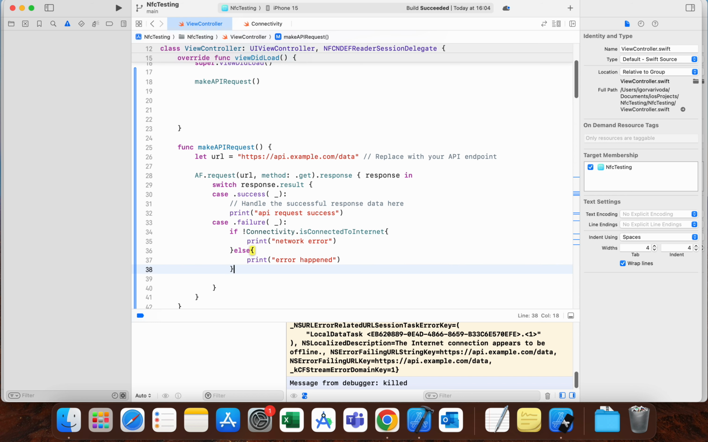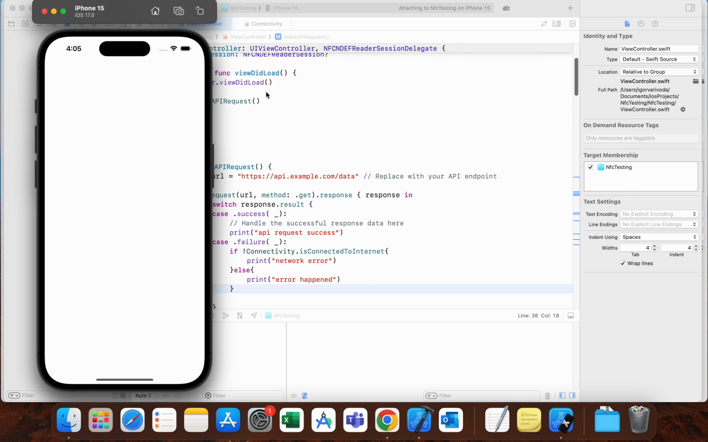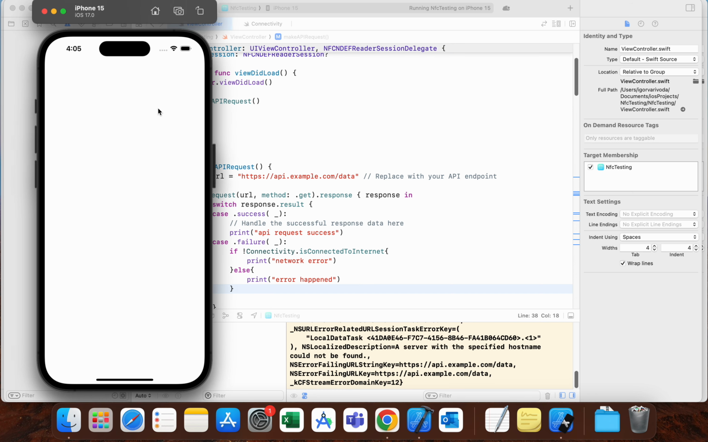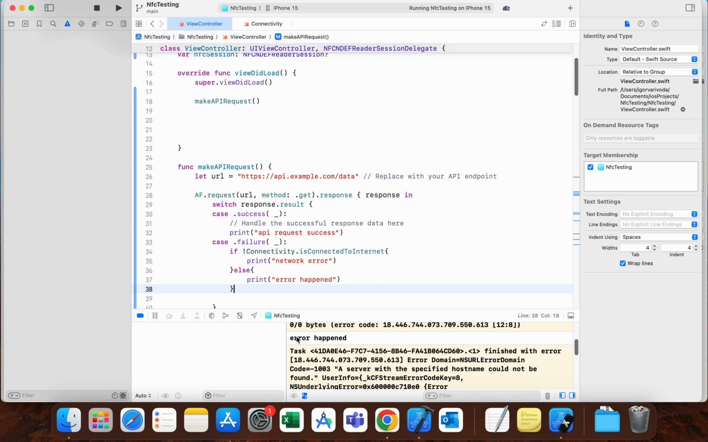Okay, now we can test this case on some emulator. As you can see here, now we have "error happened." That's because this URL simply doesn't exist. But what we can do is